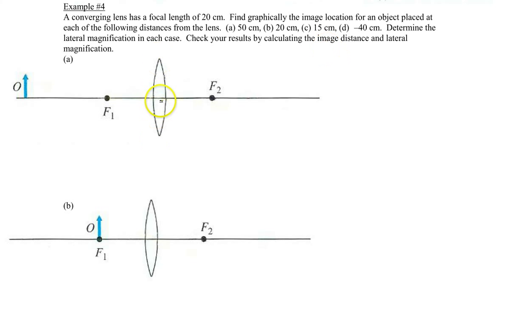We have a converging lens, and the object is placed here, a distance of 50 centimeters from the middle of the lens to where the object is. This F1 represents the focal point. You'll notice now there are two focal points because you can see two curved surfaces on this lens, but these are both equidistant. This is what we're going to call the primary focus in the converging lens,